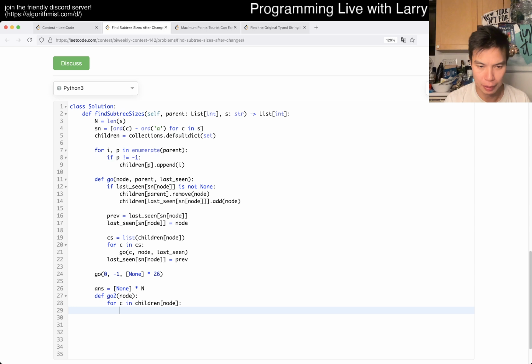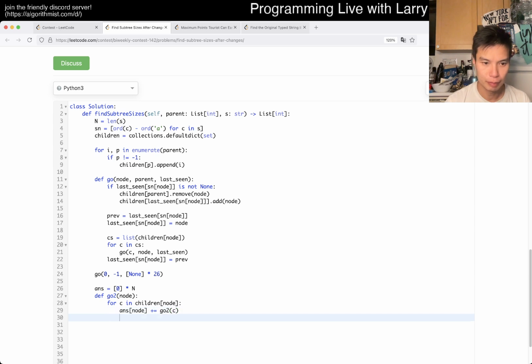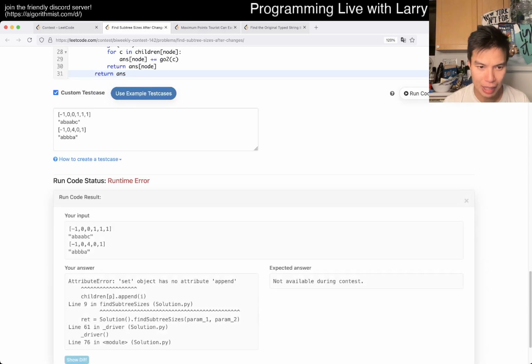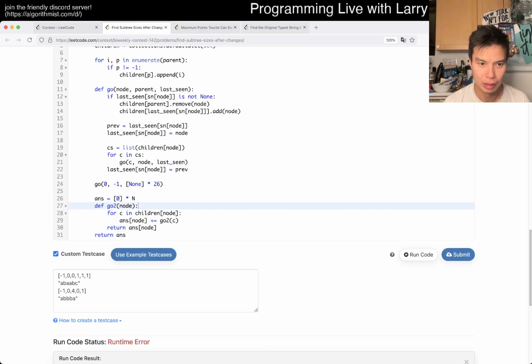I think that fixes it, but I hope so. Okay, anyway, so now answer, I'm going to just put 0, answer of node, go to of C, and then we just return answer of node, right? Standard recursion stuff. I have to add a +1 here, it's not quite right.